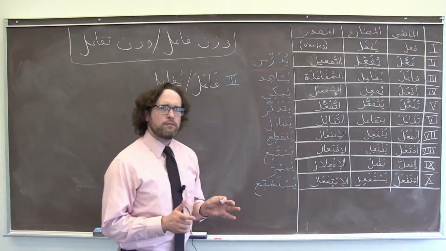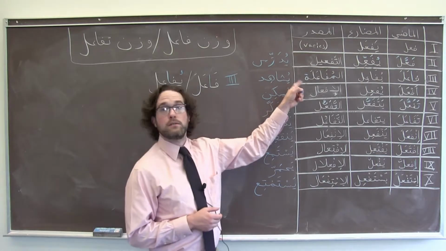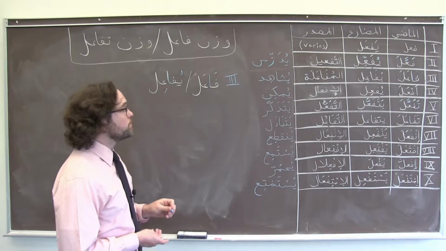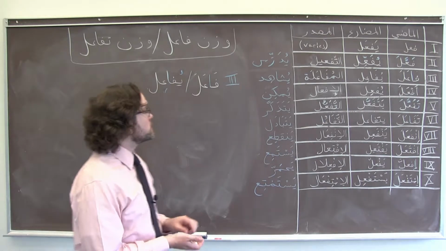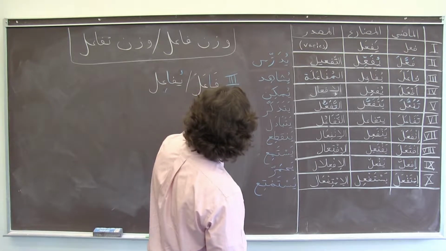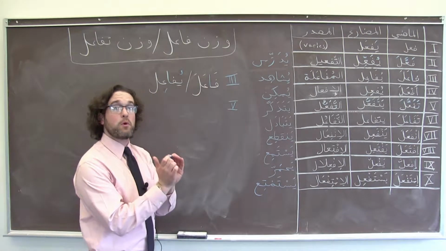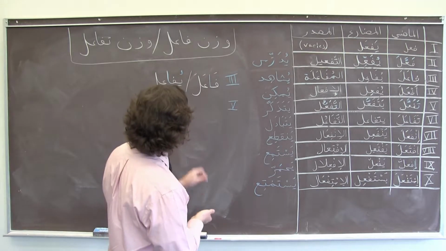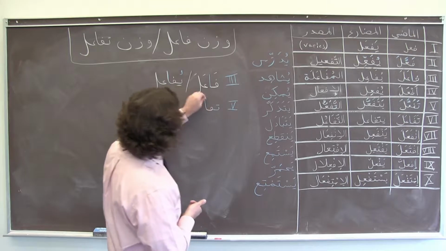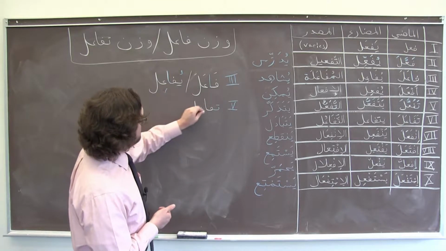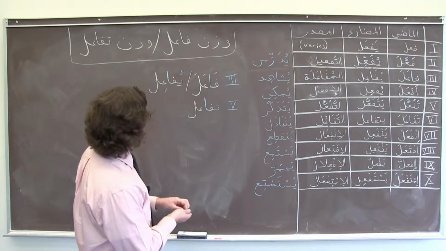So if you're looking at a new verb and you're wondering what form it might be and you see it in its masdar form, that's an excellent clue that it's a form 3 verb. Form 6 also has an alif after the first letter of our root, and it also has a ta at the beginning before the first letter of our root, our judr. So we wind up with, in the past, tafa'ala,